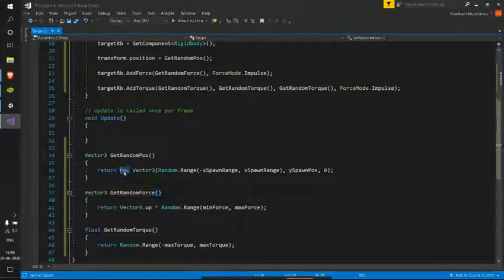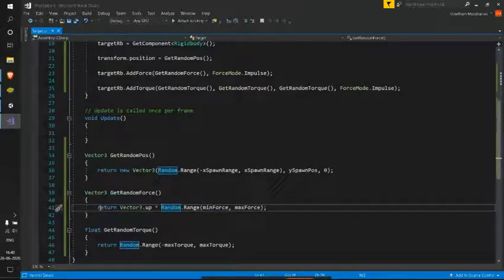So coming here, get random position and get random force, these two are returning vector3 itself, but here we used a new keyword to create a new vector3, whereas in here we just multiplied this vector3.up with some random value which we obtain here. This is because here we already have this vector3.up, which is a vector already.